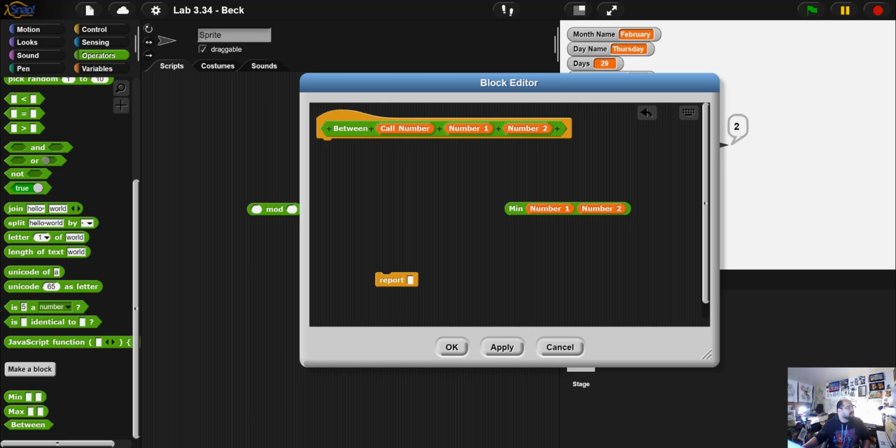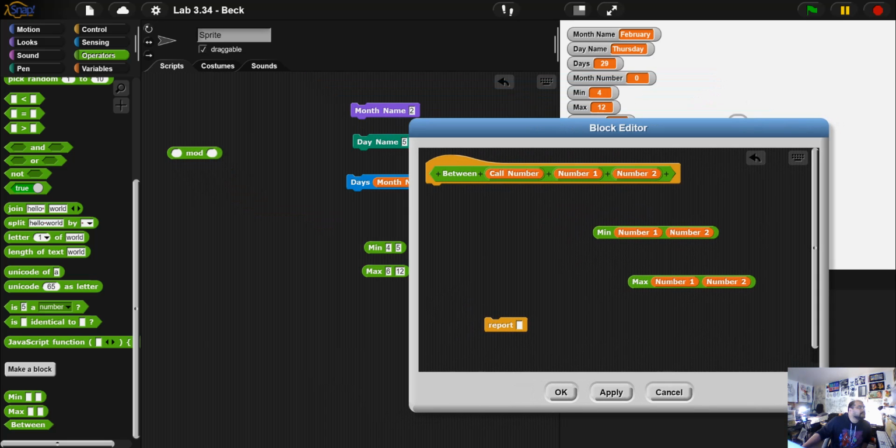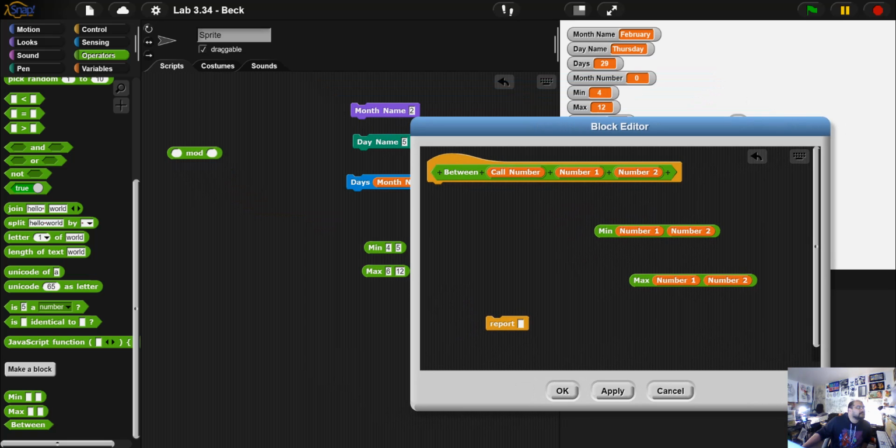So we can also use max because it will automatically give us our max as well. So we can check to see if call number is